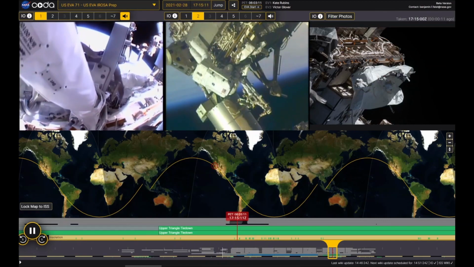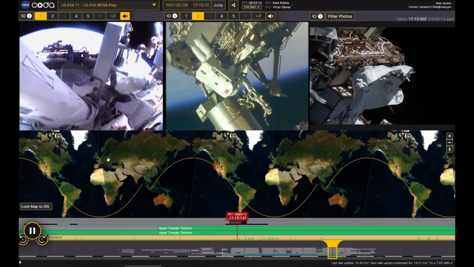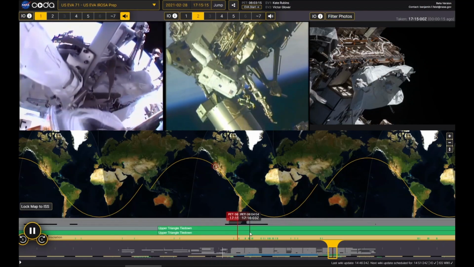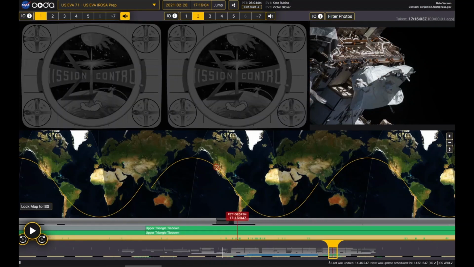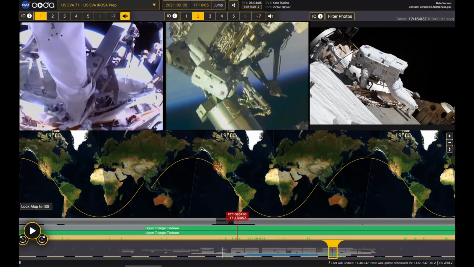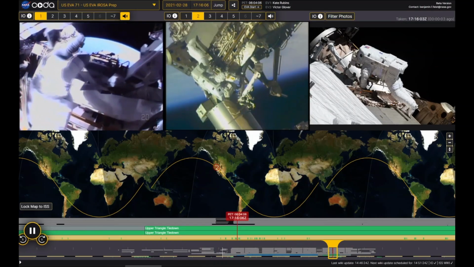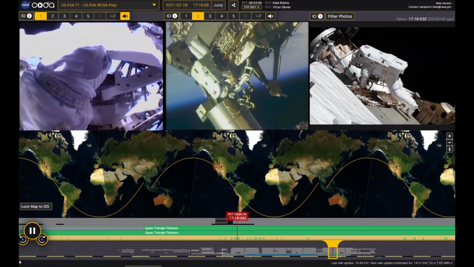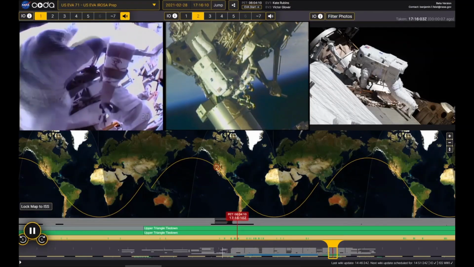And as imagery is taken, it appears on the top right, and you get 2 downlinks. Right now, it's only 2 downlinks that you can choose from the top of any of the 6 that actually come down from the ISS at given times. So this starts to be used in different ways.